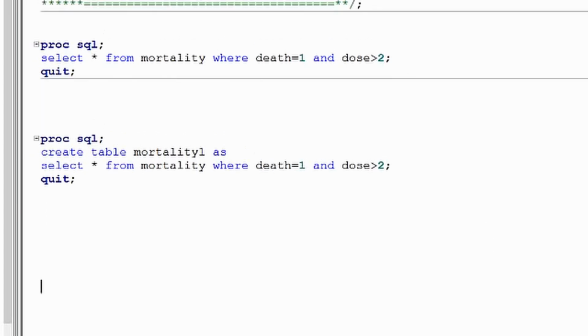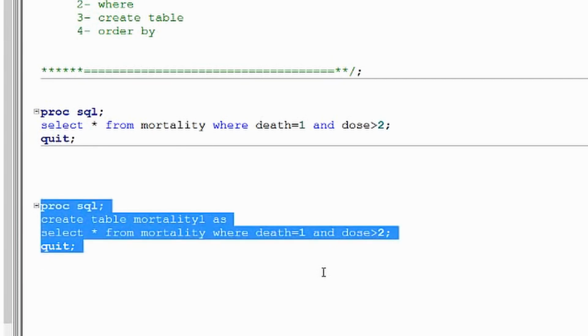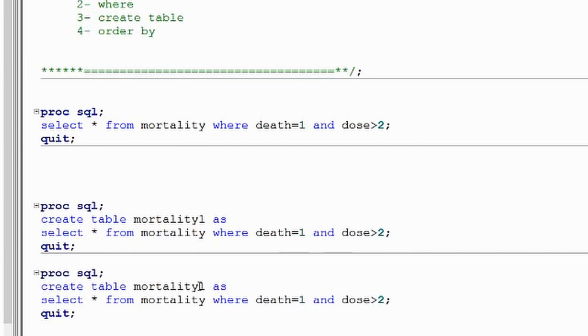The next thing that we will learn is how to sort using PROC SQL. We sort a dataset in PROC SQL by using the order by statement. I'll use the same query. I'm creating a new dataset, mortality2.